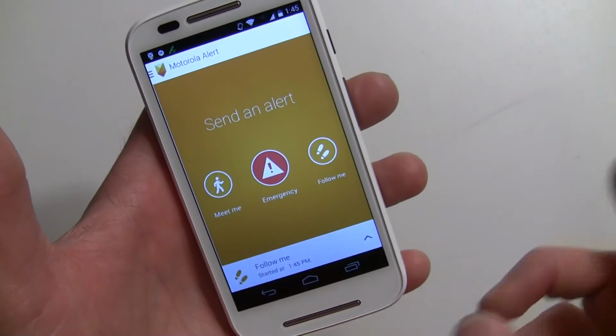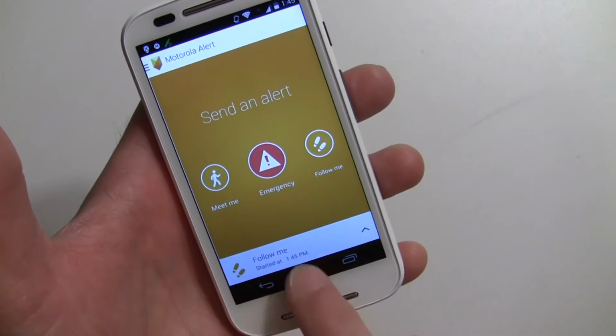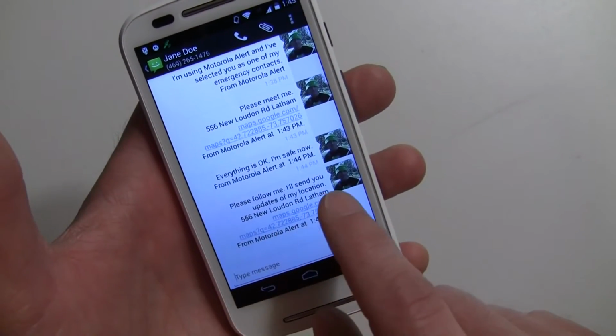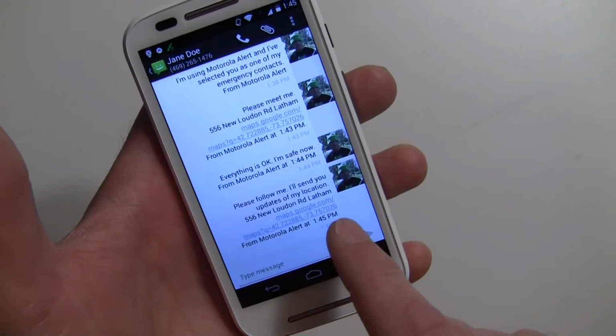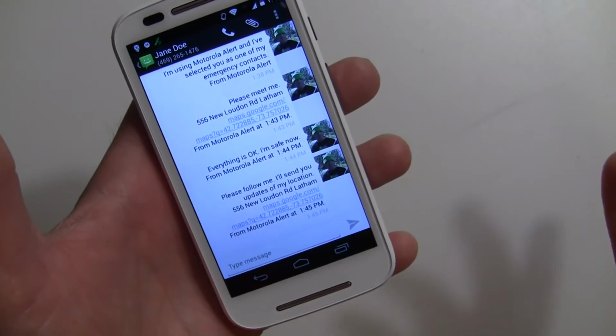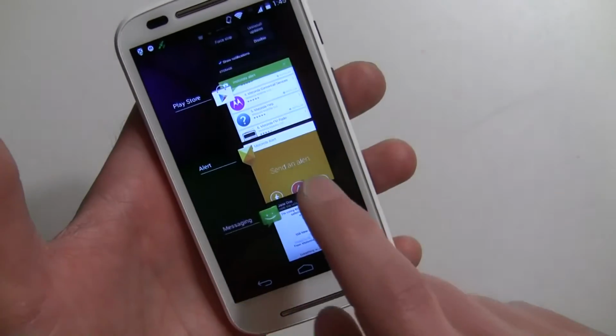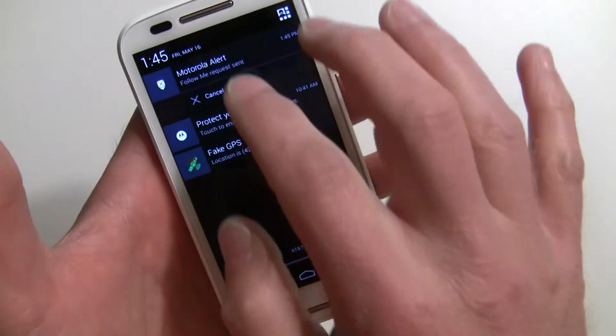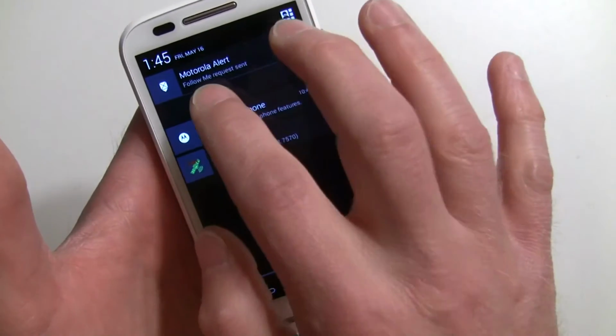And you hit send, and now it's on send, and what will happen is they've got a message, "Please follow me, I'll send updates of my location." There's the current location right now. So that's all set. Now if I go back down at the bottom, I have the Follow Me here, which I can cancel. I also have it up here. I can cancel it here,